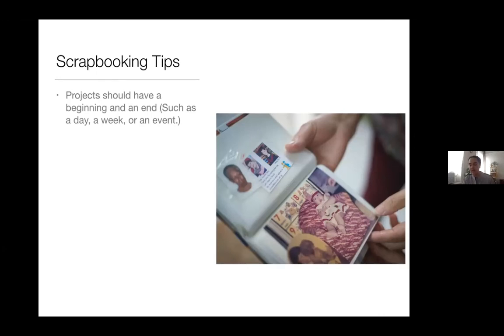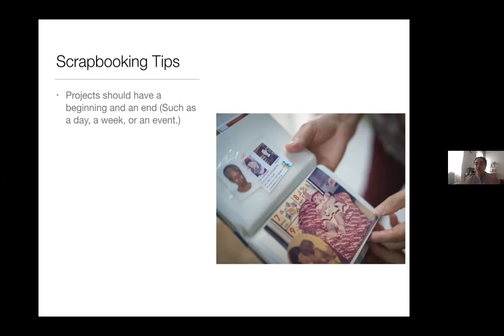By that I mean your theme, your idea that you're working on, could be something like a day. You could say, we're going to scrapbook last Tuesday. We're going to think about how the day started, and how the day ended. We're going to think about all the things in between, and we're going to create art about that day.